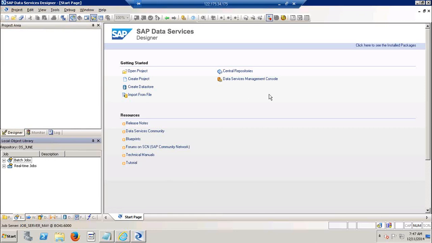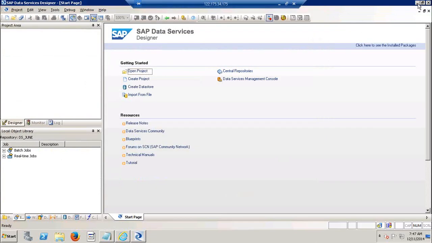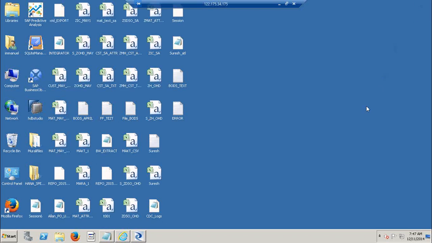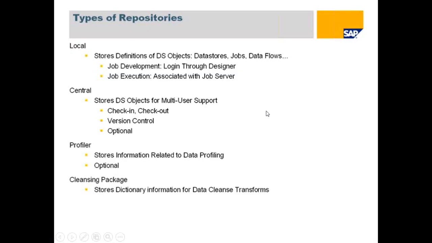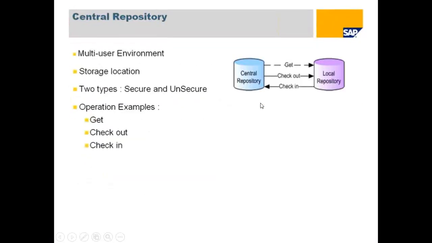Now, before we go in and try to understand or create a job or move data across, the first thing we need is a little knowledge about what is happening inside the data services system, and what the different objects are inside the data services environment. To understand that, let's look at